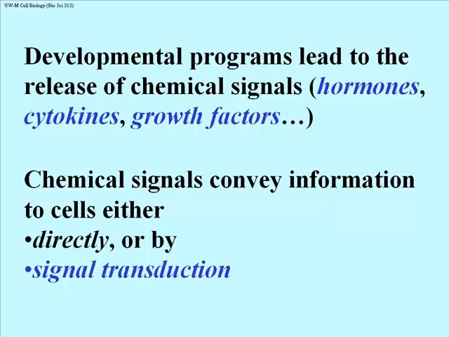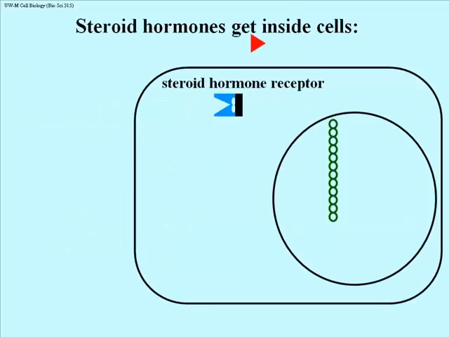And this is the case for many cytokines, growth factors, and hormones that are too big or too highly charged to actually get inside the cell. And so you may recall that these kinds of molecules are likely to have cell surface receptors to which they bind, and that binding elicits a response inside the cell, accomplished by this process of signal transduction, which, by the way, if you remember, will always involve changes in the conformation of proteins, in this case the conformation of membrane proteins. And those changes in shape of membrane proteins elicit new enzymatic and other binding activities that eventually convey a signal from outside the cell to inside the cell.